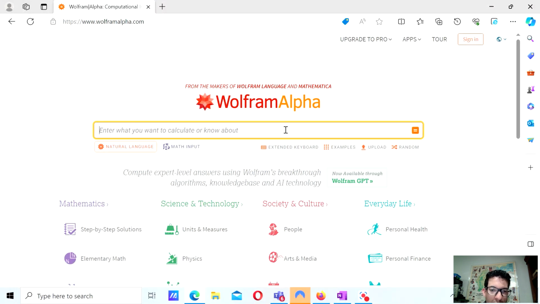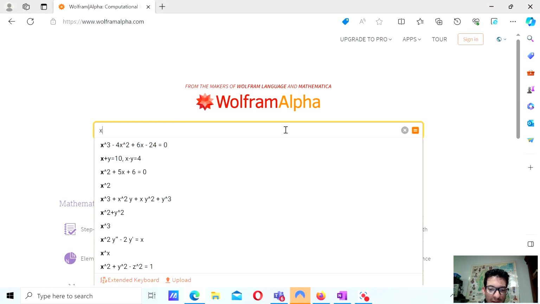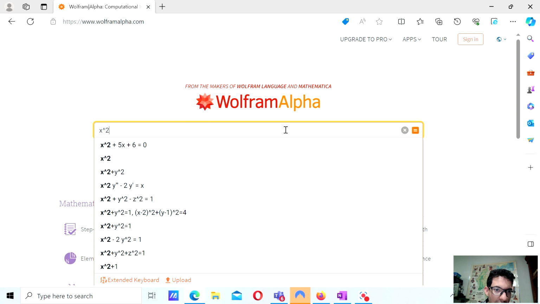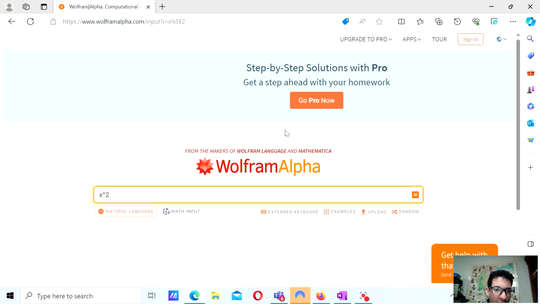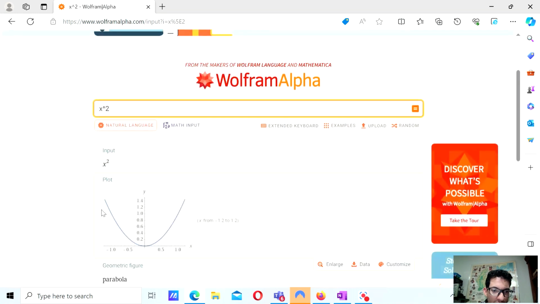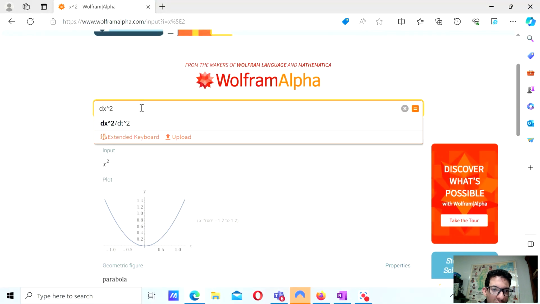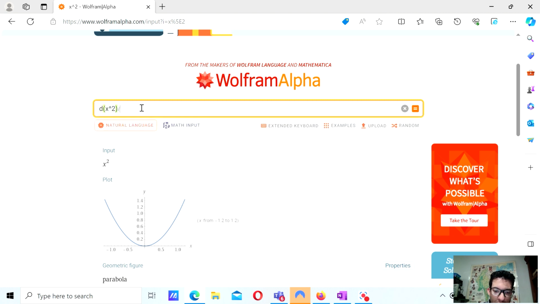So, for instance, we know that the derivative of x squared is 2x. So let's see that. If we have x and squared, remember this hat thing is x squared, or x cubed will be like this. So x squared, if we enter that, it will just basically give you the graph. It's not very difficult. This is useful for complicated functions, but x squared is a well-known one. So if you want to differentiate x squared, you simply have to do differentiation of this function with respect to x,